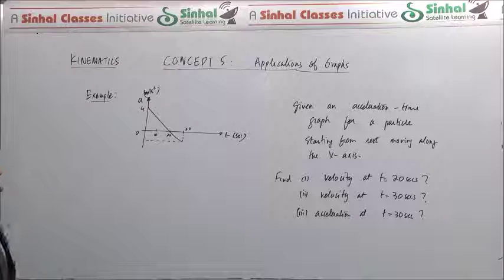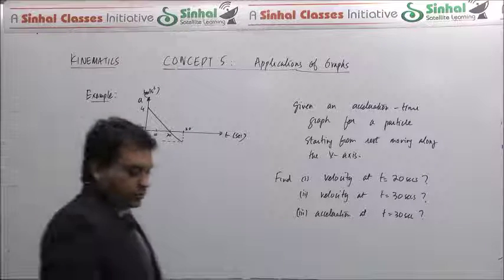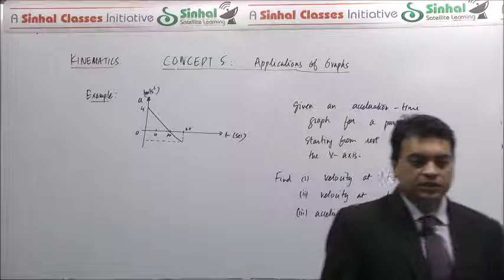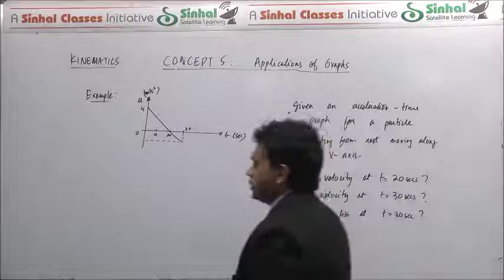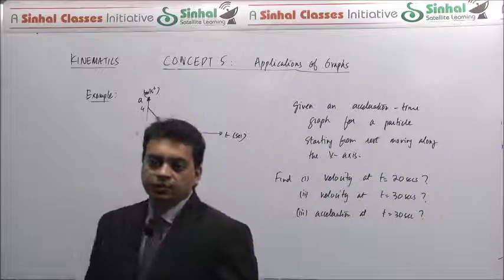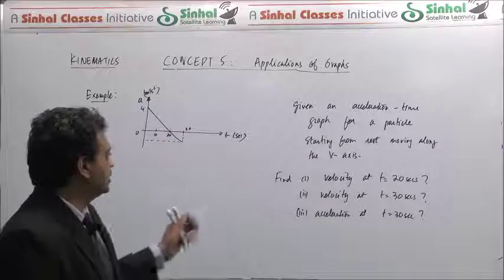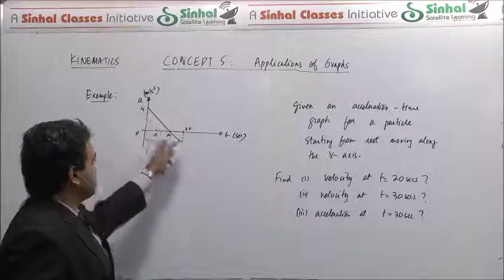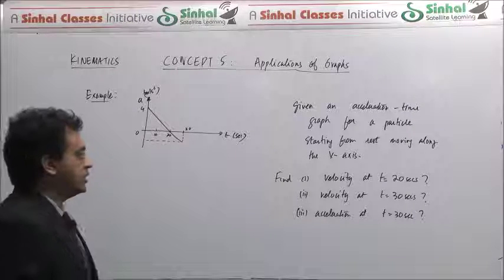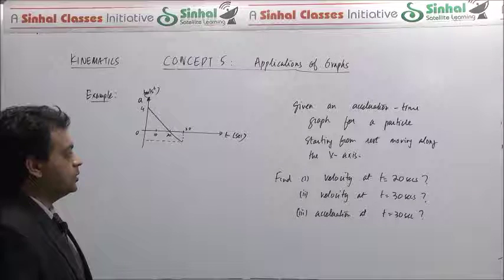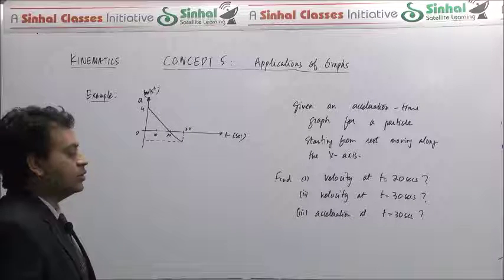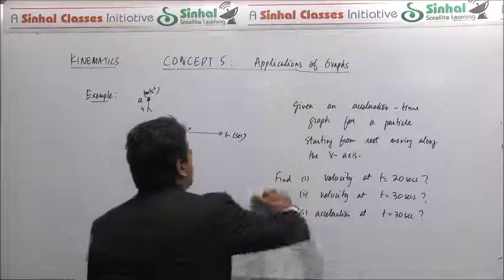Alright, so let us analyze this particular problem. As you can see, the acceleration versus time graph given to us is a linear graph, or a straight line, where the acceleration starts from a value of +4 but is decreasing and becomes negative after some time. So it has a uniform negative rate of change. From that we have to find information about velocity, given that the initial velocity is 0. So the concept we'll keep in mind